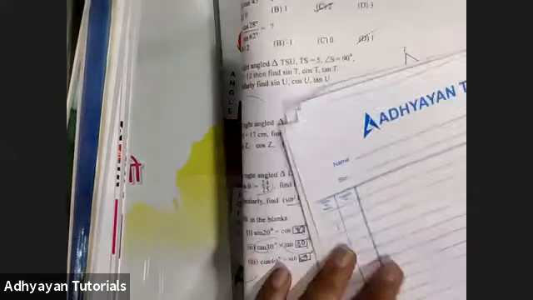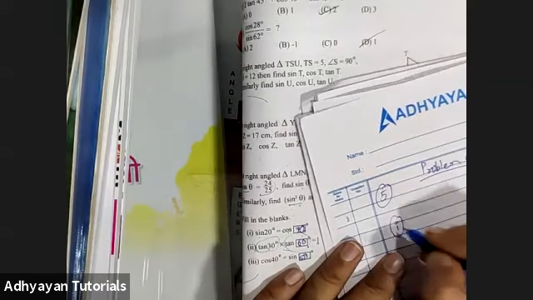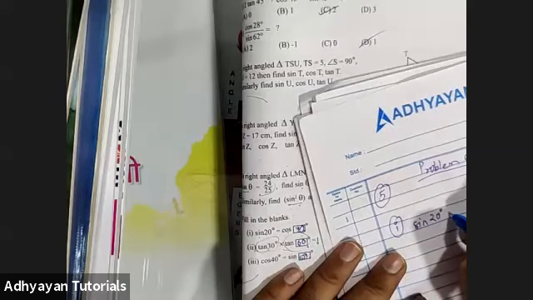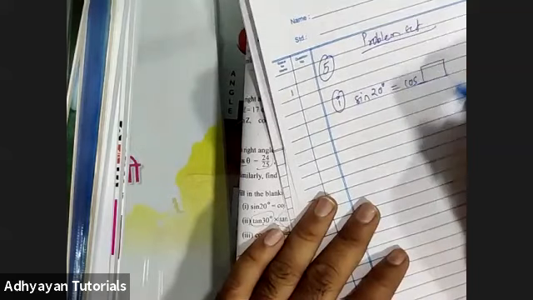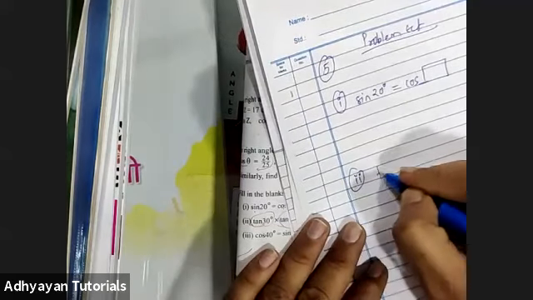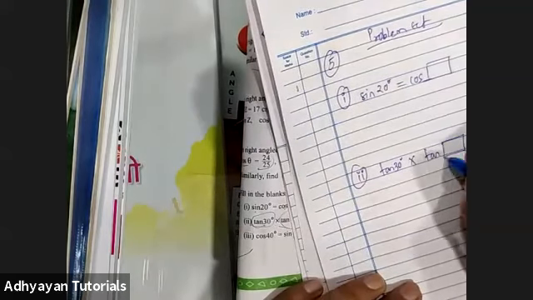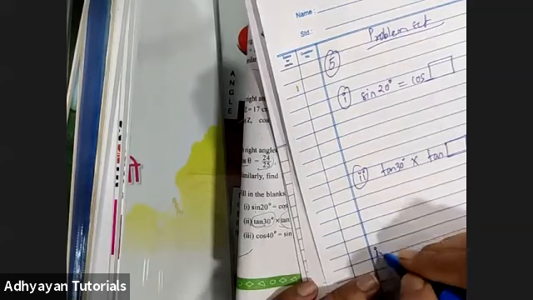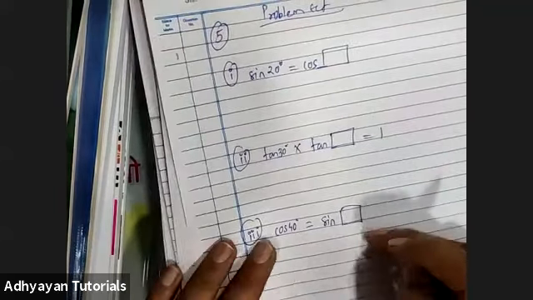It is question number 5 from problem set. And there are 3 questions in it. I'll just copy all the 3. This is the first one. There is a box here. Let's say there is a second one, tan 30 into tan of some angle is equals to 1. And then the third one, cos 40 degree is equals to sine of some angle, right? So these are the 3 questions which we need to fill in.